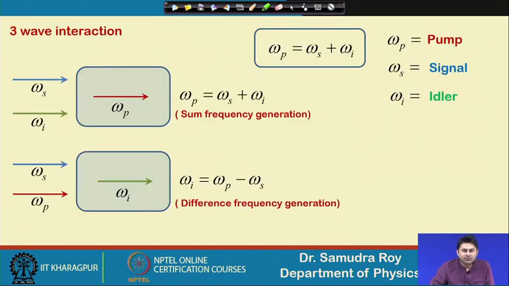Well, next we are going to see something about the 3 wave interaction. So far we have been dealing with second harmonic generation, and in second harmonic generation, one fundamental wave is incident, and because of this fundamental wave we get a wave whose frequency is twice that of the fundamental wave. That means if I launch omega, then 2 omega will be generated.